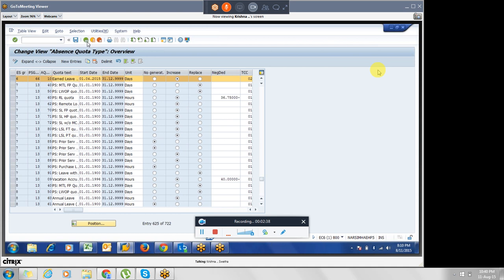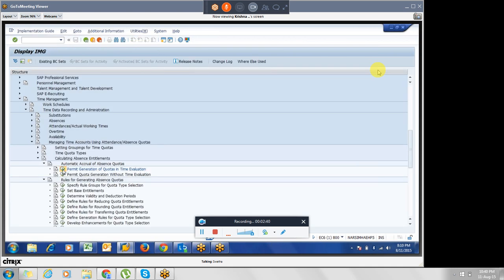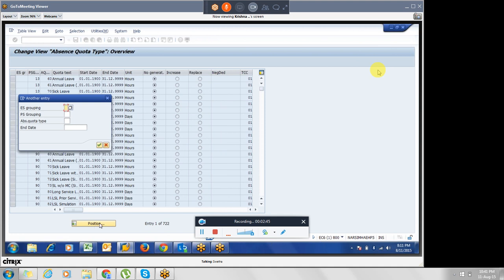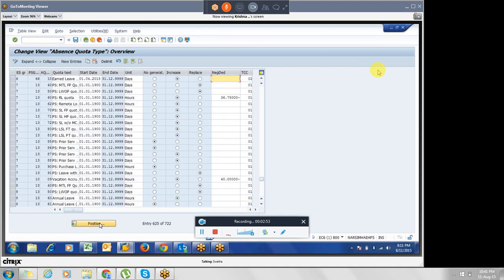Krishna, before going to the next step, yesterday you showed us how to add, from some particular date till 31st 2014, I think you made it as no generation. There are 2 things actually. If you are in a scratch project, which is starting from the implementation level, there is no personnel area, personnel subarea, everything you are going to create. Directly you can create these things without any change.